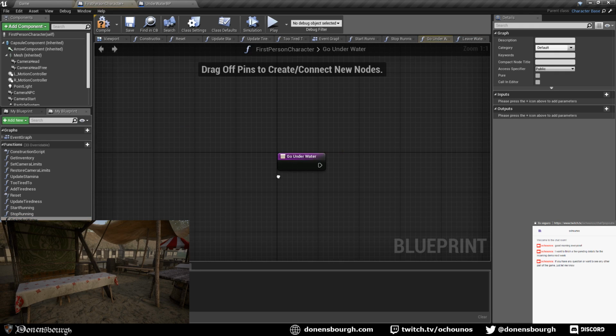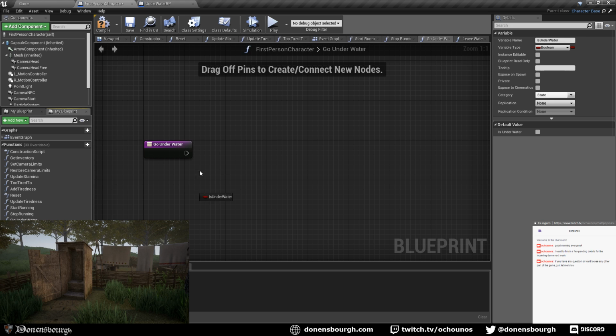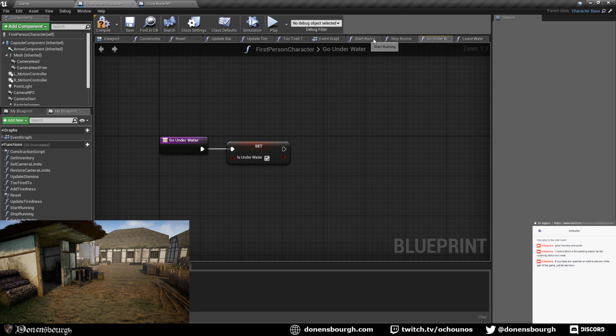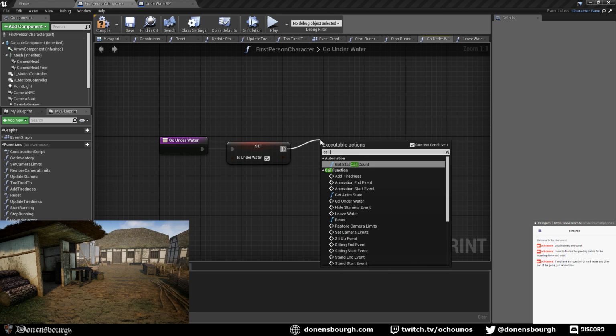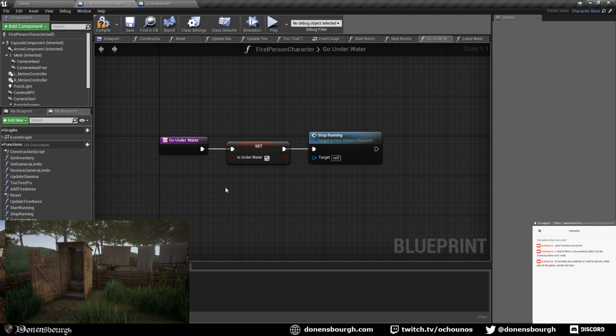Okay, go underwater, and this is the one that is managing, for example, this state. It's just changing this is underwater. This is saying set to yes, and after that should be managing, as I said, for example, this stop running. So I will just call this stop running. That's the first thing that we need to do, is just stop running in case that you're